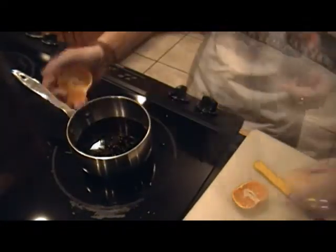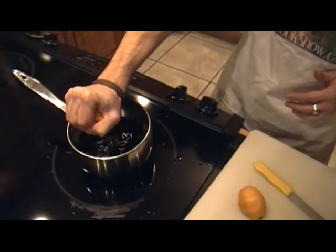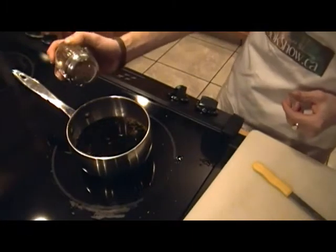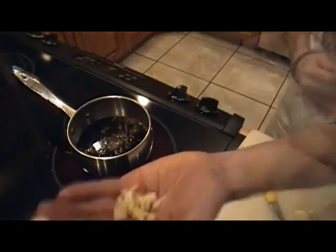I've got a mandarin orange. Here I have some dried habanero flakes. Don't use too much of that, just a little bit, just for spice. Garlic that I'm going to dump into our...